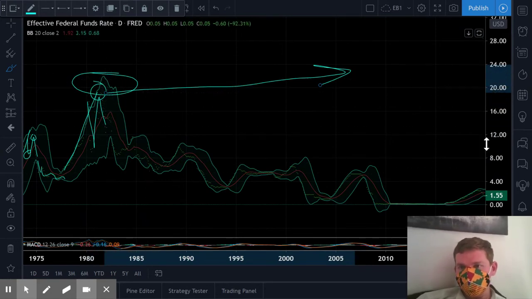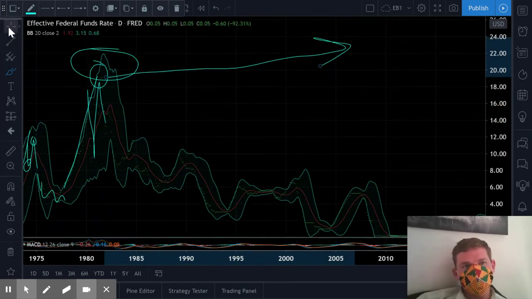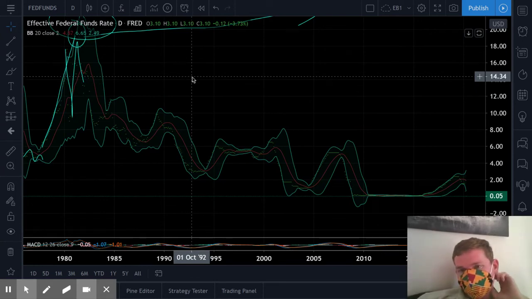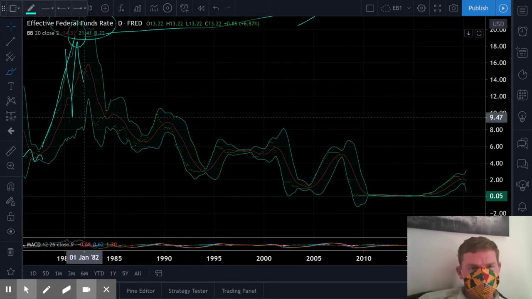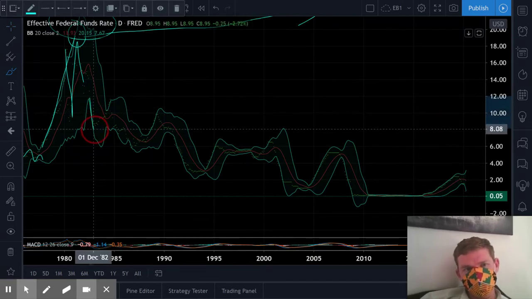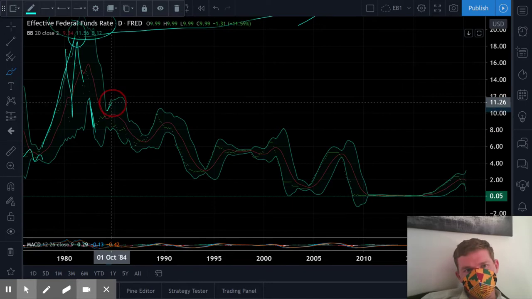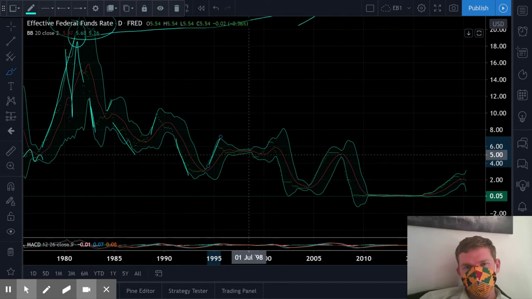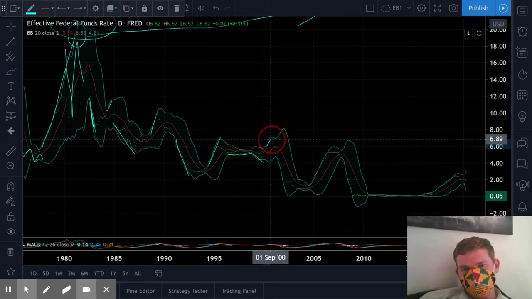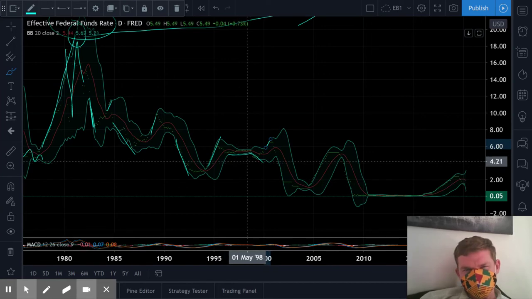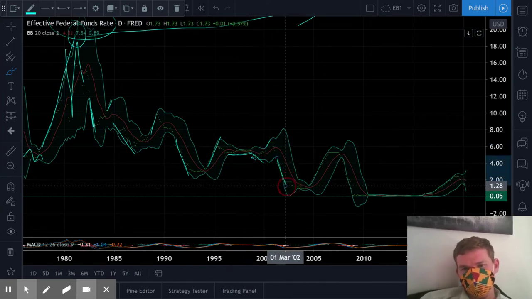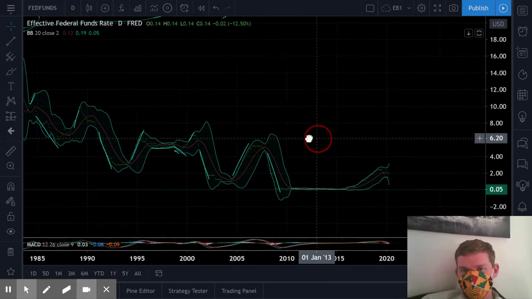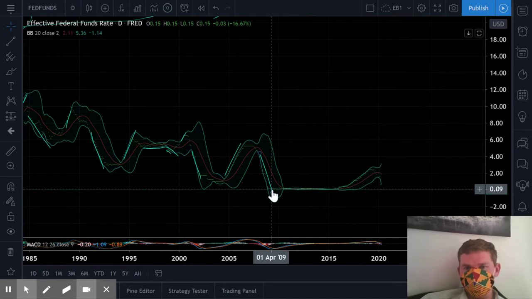And I'm going to go down this Fed funds rate and look at what we've been trading and how the Fed has been intervening a lot more recently and what effect that really has. And let's just take a look. So on the way down, it's the same kind of thing. You get the down moves on the bottom of the Bollinger Band, ups on the top, downs on the bottom, ups on the top, downs on the bottom, ups on the top, and kind of a sideways one here. That's like a down on the bottom here, I guess, but up on the top, down on the bottom, up on the top, down on the bottom, and then we hit this super bizarre thing where the whole Bollinger Band